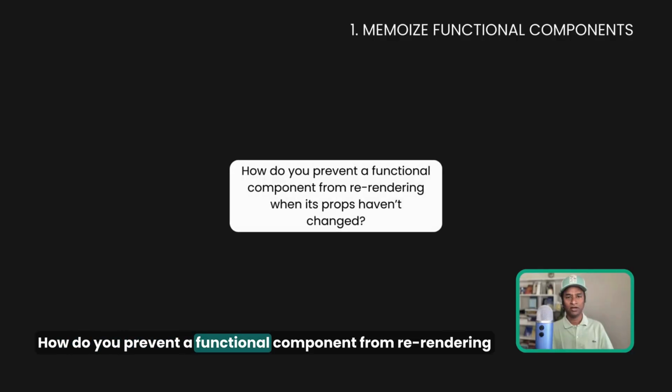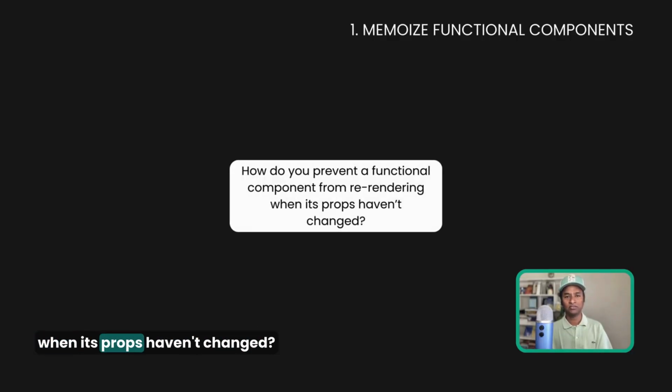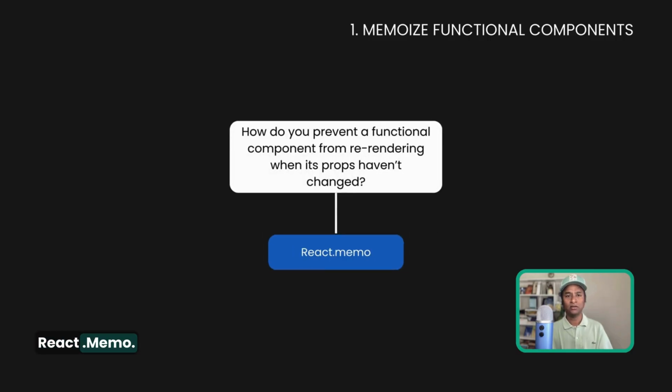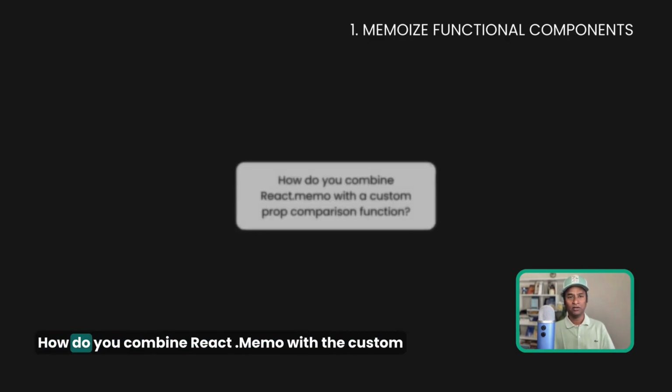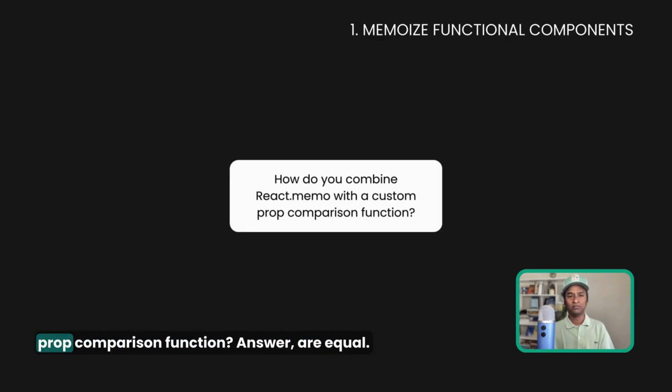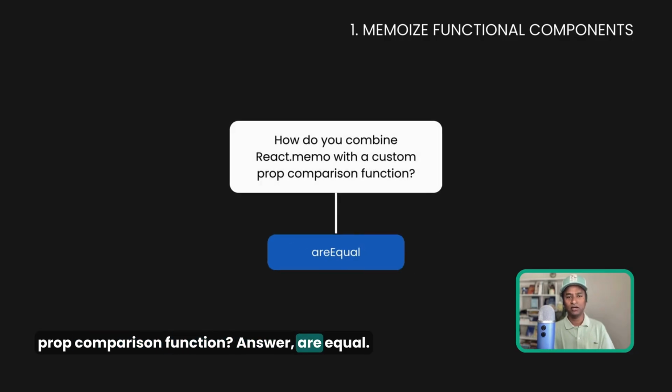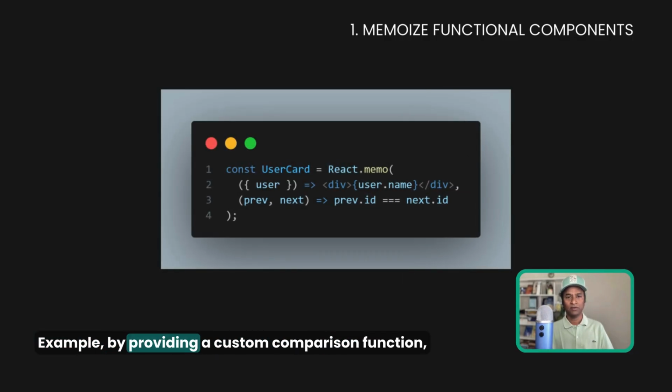How do you prevent a functional component from re-rendering when its props haven't changed? Answer: React.memo. Example: React.memo memoizes the component so that it only re-renders when props change, saving computation for frequent updates. How do you combine React.memo with the custom prop comparison function? Answer: areEqual. Example: by providing a custom comparison function, you control exactly when a component should update, making memoization